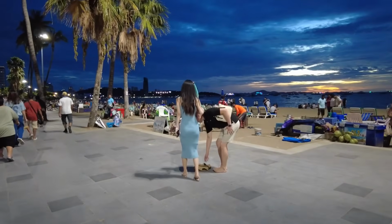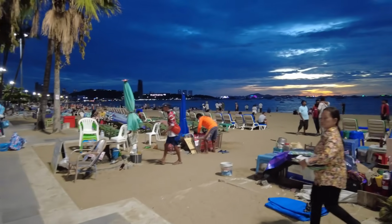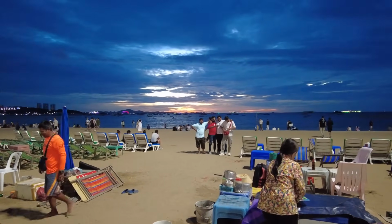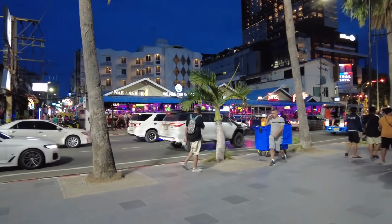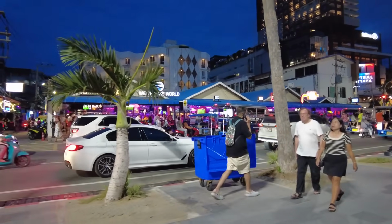But over here is the beach. Yeah, still quite a lot of people down on here, look. Oh yeah, get a group hug. Yeah, 1, 2, 3, 4, get a group hug, guys. If only they just needed a camera. Over there's Naka 95 bar, We Are the World bar, Foxy bar, Red Cat bar,